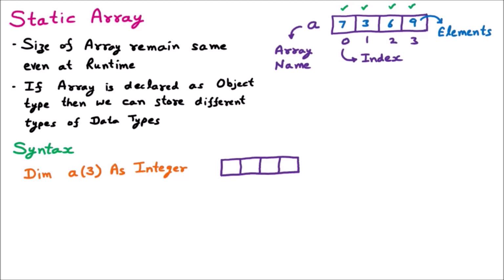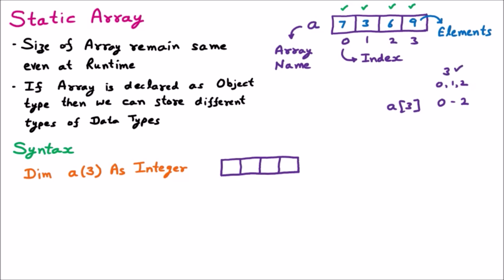Now here we reserve 3 blocks. That means only 3 members can be stored. Let us assume that in C programming we use A[3]. So the first thing, that array will start from 0 and it will go till 2. That means how many elements are stored? 0, 1 and 2. That means 3 elements can be stored here.